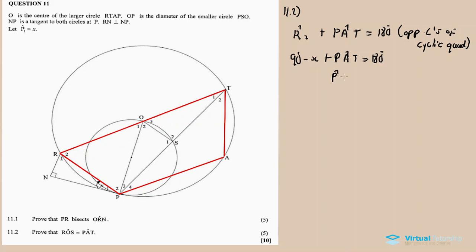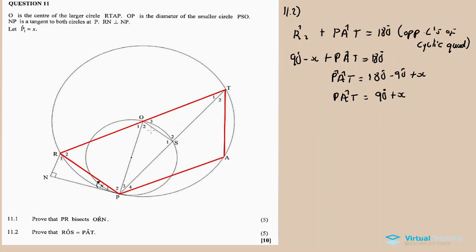Then PAT is equal to 180 minus 90 plus X. So PAT is equal to 90 degrees plus X, right? We have finished that part. Now we go to the next one, we need to calculate the other angle, ROS,